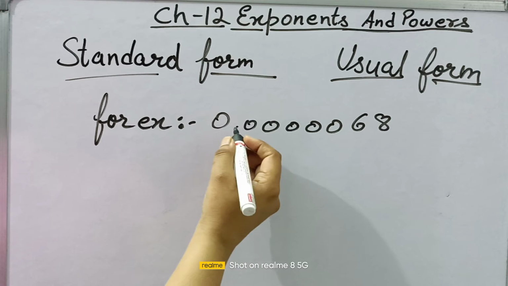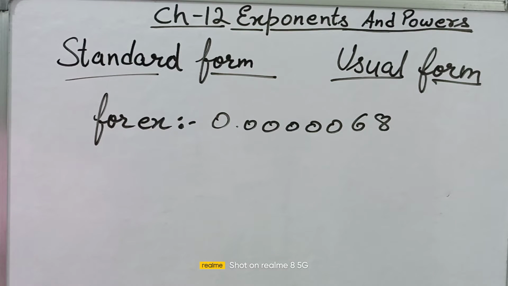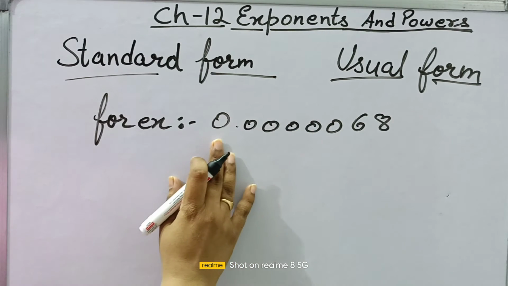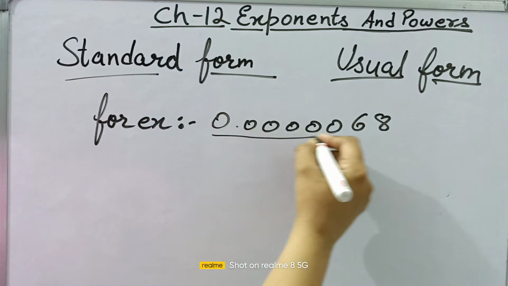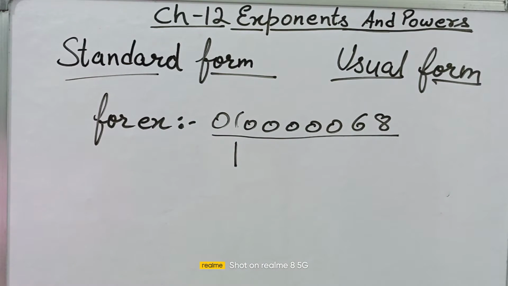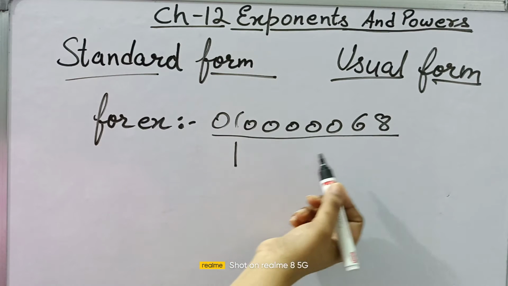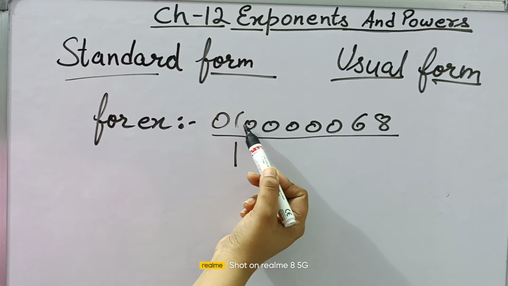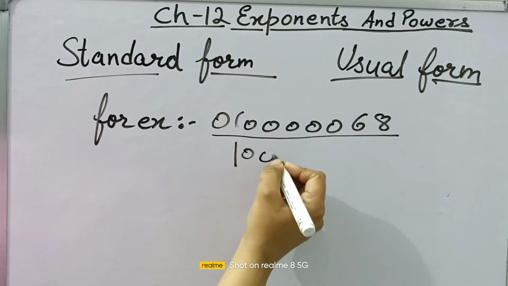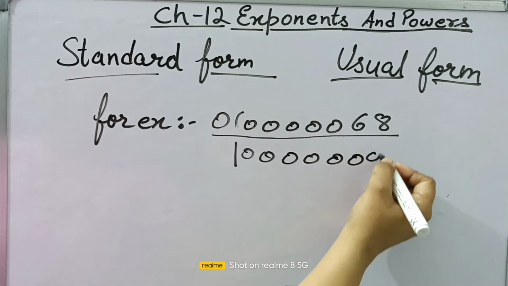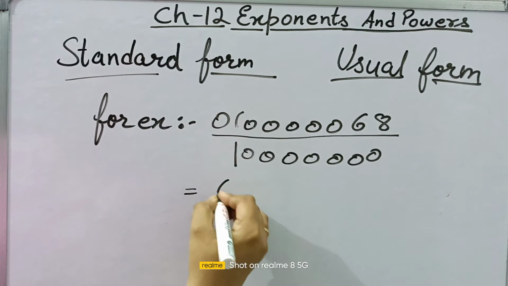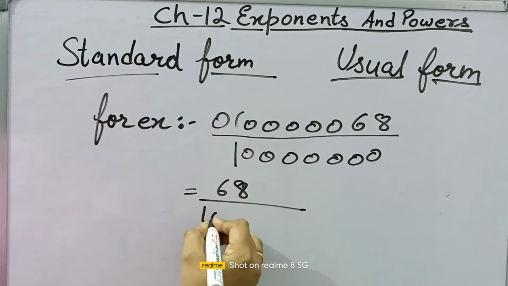For converting this, we will eliminate this decimal. So we all know when we eliminate decimal, what we do? We eliminate the decimal and put 1 in denominator, and then we put number of zeros equal to the number of digits after decimal. 1, 2, 3, 4, 5, 6, 7. So we will put 7 zeros in denominator. So it will become 68 whole upon